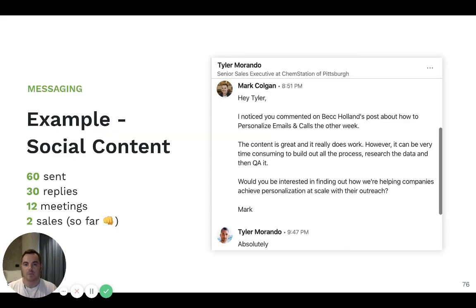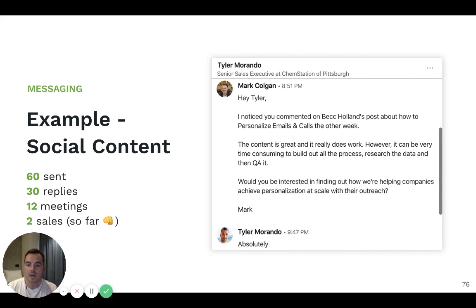And here's an example. Just to give some context, Beck Holland is somebody who released a piece of content about personalisation. She has some incredible content. She's head of sales development over at Chorus. I saw that this person had commented on her post on LinkedIn. So I sent him a very personalized message, and within that message, I then asked if they would be interested